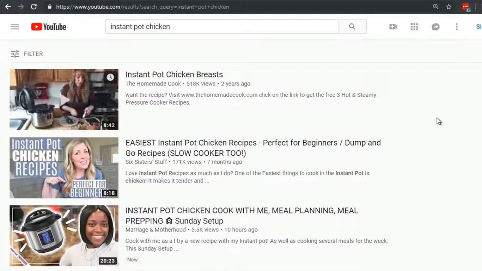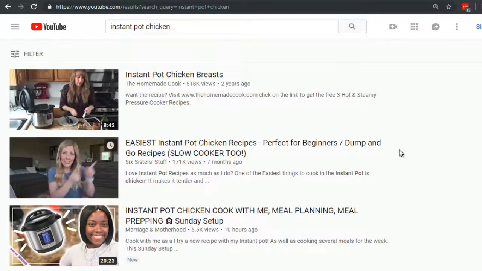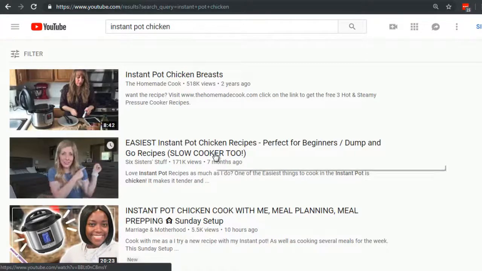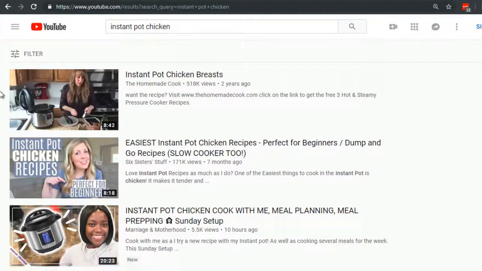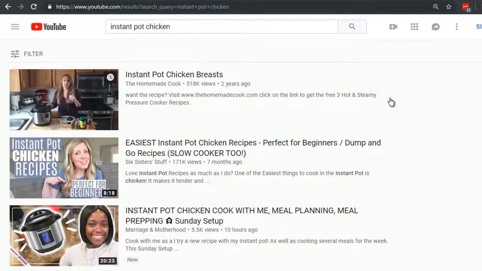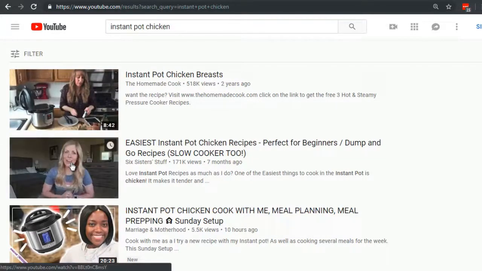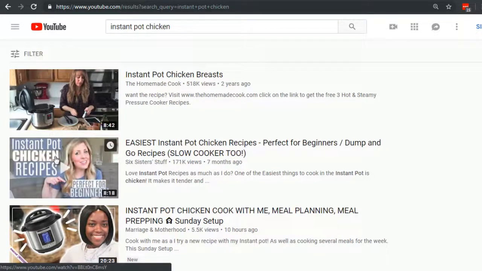So when it comes to having a thumbnail, you want to make sure that it is eye-catching, meaning it shows somebody what they want. So if Instant Pot Chicken is your main keyword, you want to make sure that your thumbnail has something in it that entices them. So it's good to have the keyword or the title in it. So you can see right now the way YouTube works is they have an initial title or an initial thumbnail, and then after that you can see motion. So if I put my mouse over it, you can actually see part of the video,